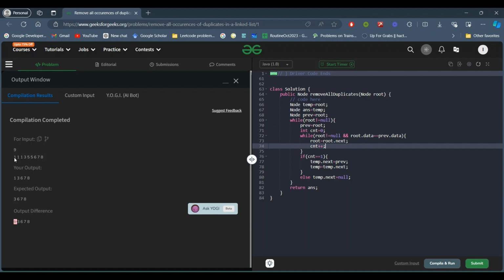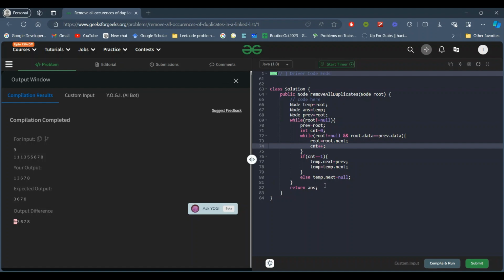If we are going to take temp as null, then we have to make sure that answer is holding the temp value, and the temp value is null. So when we return answer, it is going to return just null.